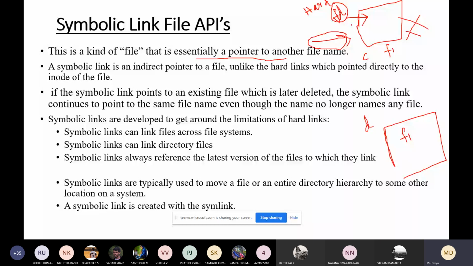This is a file with the same name F1, and this is also a file with the same name F1. The hard link will point to the same file even though it is deleted, but the symbolic link will start pointing to the new file which you have created or copied here.